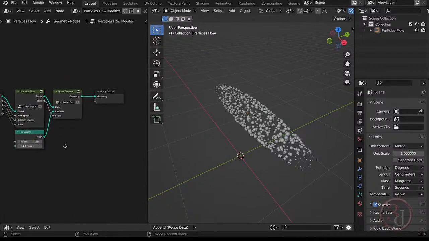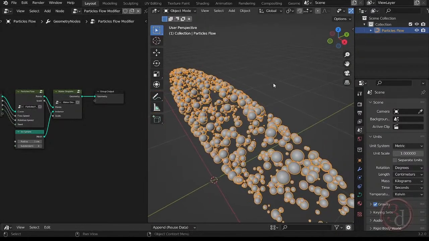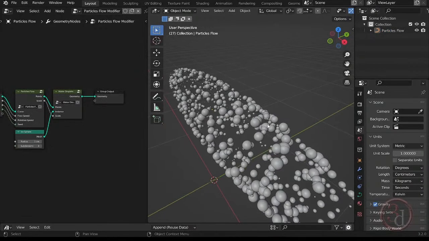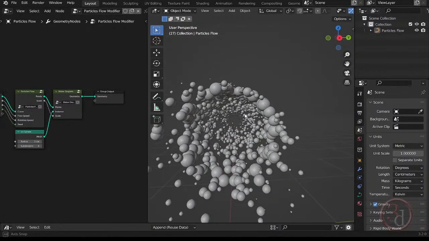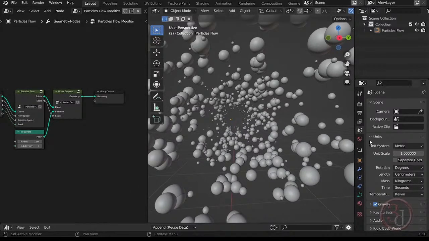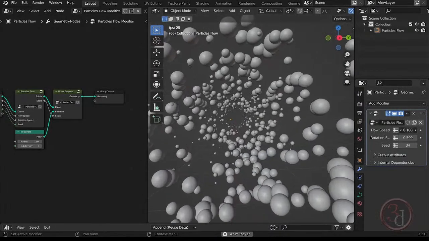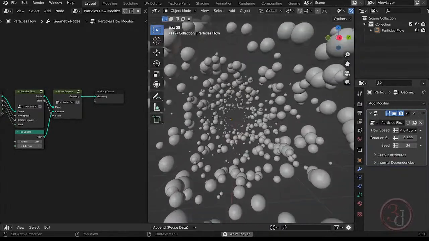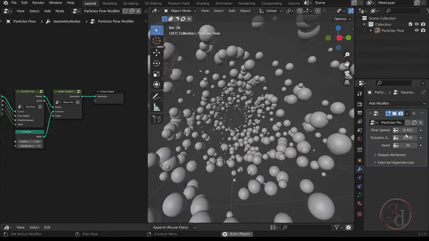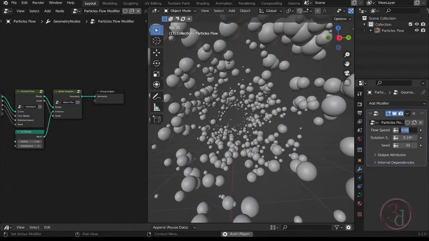Let's zoom in and let's see what is happening. At the moment, this is the particle flow and this is how it is. Let's come inside and let's go to the settings. And as you can see, I can increase the speed, rotation, all of that. So if I reduce the speed, okay,